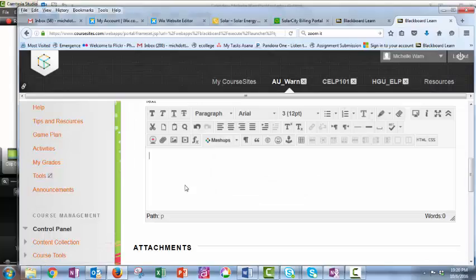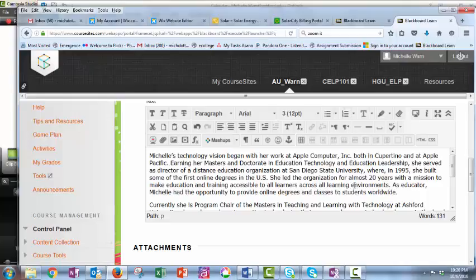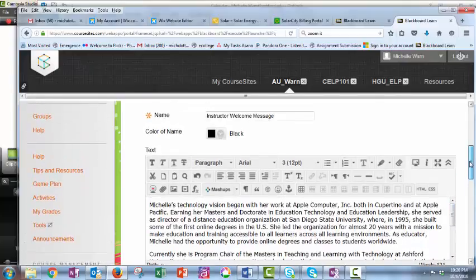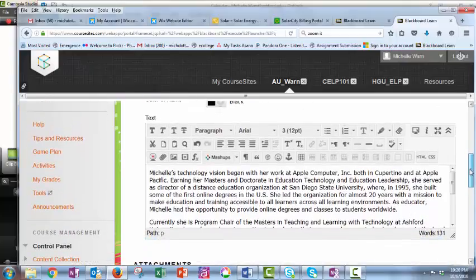I'm going to copy it and paste it right here into the content of the Instructor Welcome page. Okay, but we're not done yet because I want to add a picture. So I'll go ahead and click in front of the first word because that's where I want to put my picture. And notice that there's several icons available to me, and there's a little picture icon in the bottom row. It says Insert Image. I click that little icon right there, Insert Image,